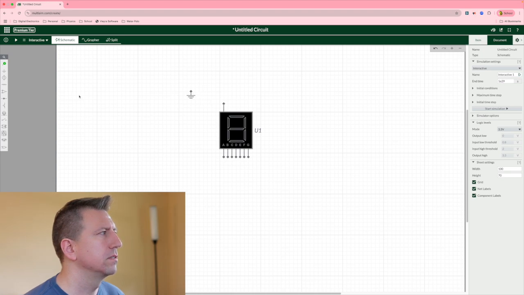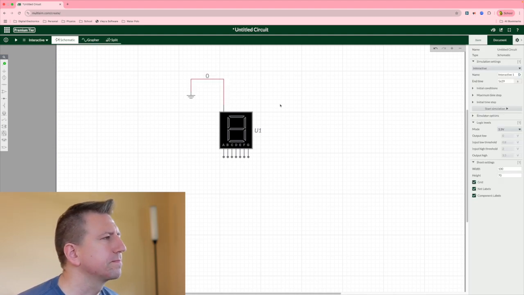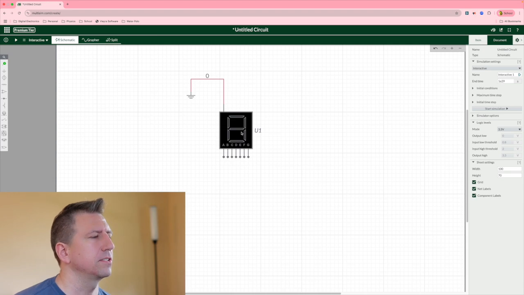wiring it up to the ground. Okay, so there we have it. Now on these A through G, these are the inputs that control all of these LEDs. And so we need two things. Well, first off, we need